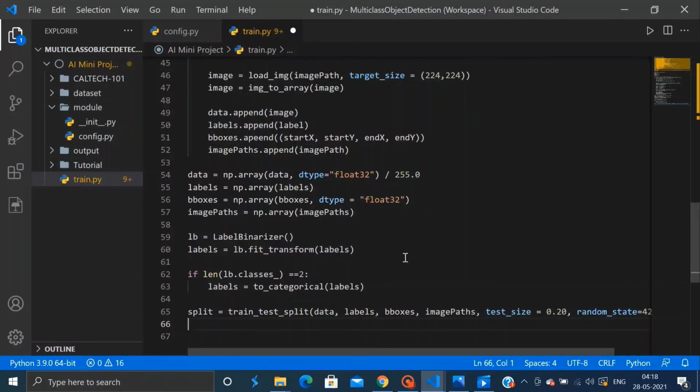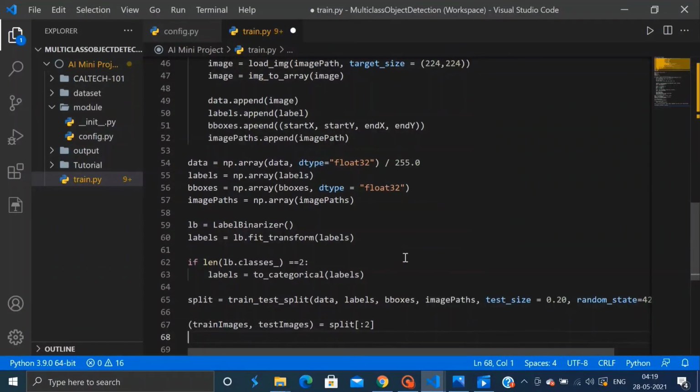So after this we will unpack our data using the split data. So we are doing this via the method of list slicing. So we will do this for the train test images, train test labels, and this will be sliced with 2:4.